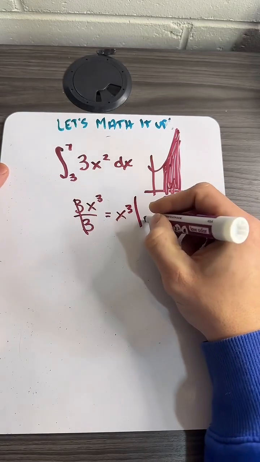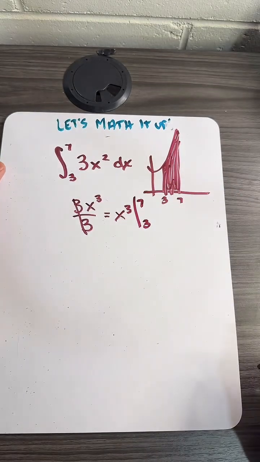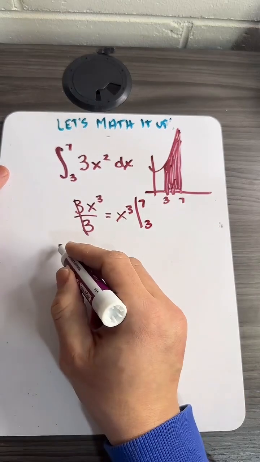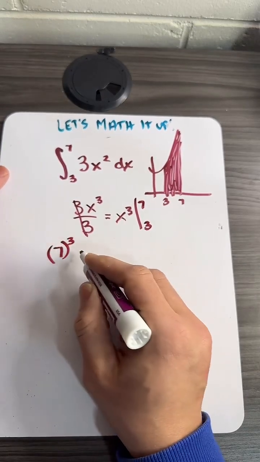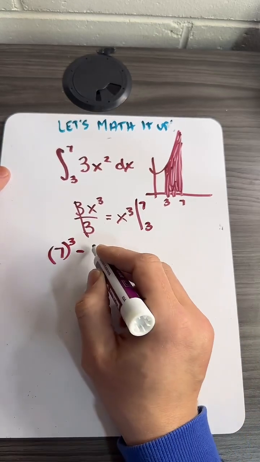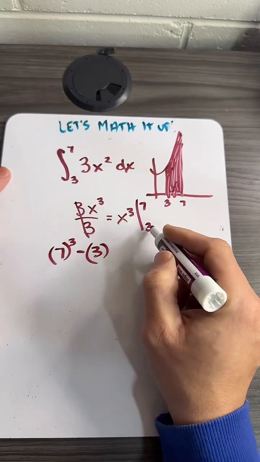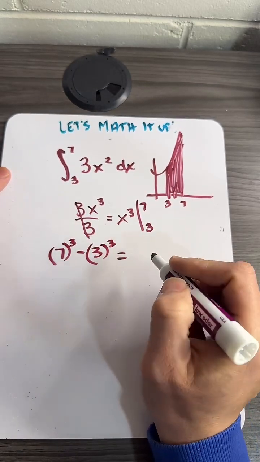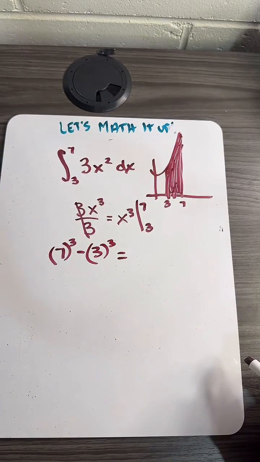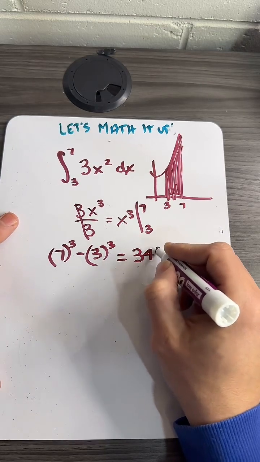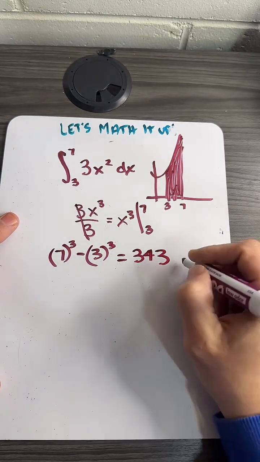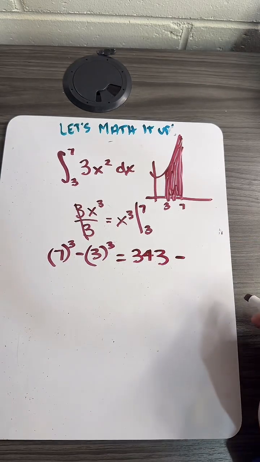So I'm going to evaluate that from 3 to 7. I plug in 7, I cube it, and then I minus the bottom one, I plug in 3 and cube it. All right, so 7 cubed is, I'm doing it in my head, not on my calculator off to the side, 343 minus